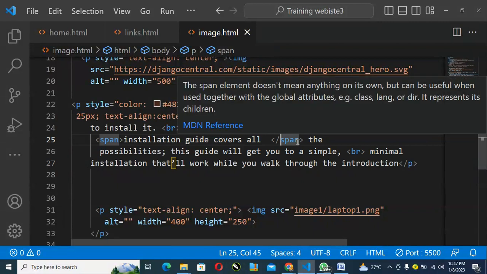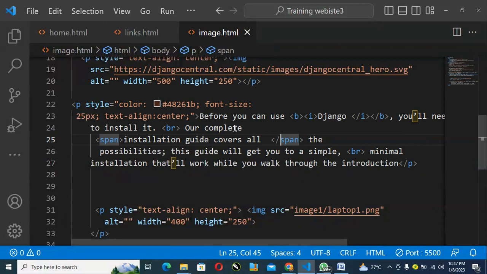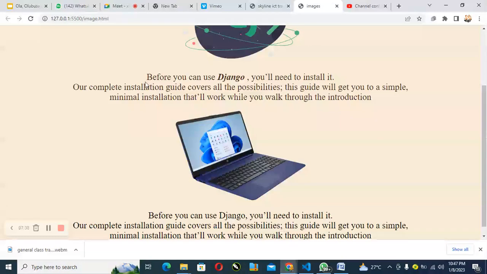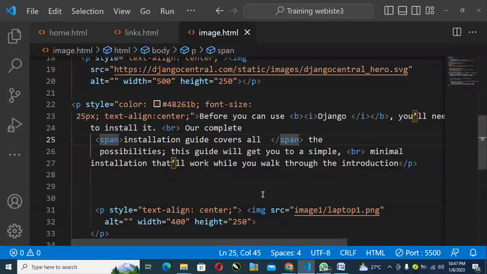So this can enable me have control on this text to give it any kind of size I want, any kind of text I want, any kind of color I want. So this is it. When you give it like inline element, it didn't reflect, it will not show anything. It's just a span element. So what we are going to be doing now is to add a kind of color. To add color, you use what we call style,